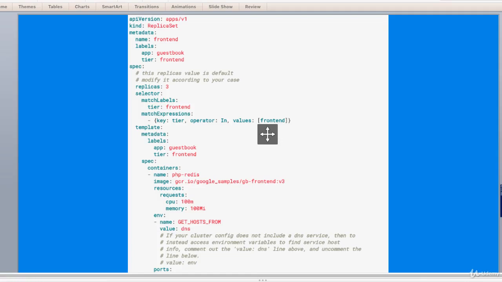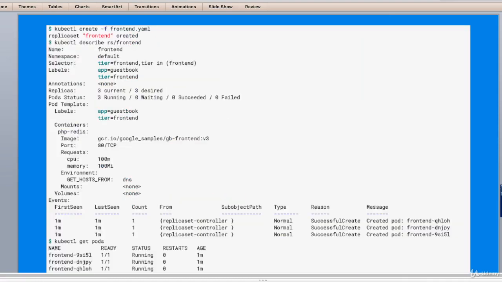Now let's quickly move to one of the examples which illustrates the details which we just discussed, and you can see that on the screen. Saving this manifest into frontend.yaml and submitting it to the Kubernetes cluster should create the defined replica set and the pods that it manages, as you can see on the screen.